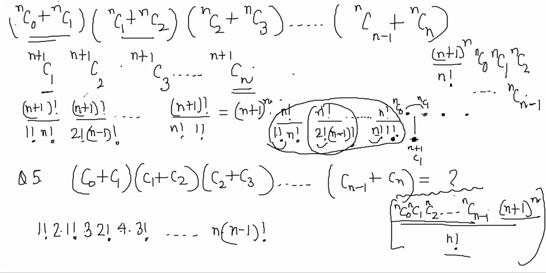The main thing was to convert it into this form. After that, it was not very hard. The main thing was writing this one, which comes by using the Pascal's triangle. Makes sense? Okay. Then the next one is,